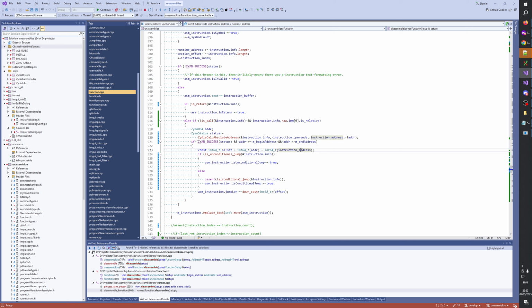Address minus instruction address. I think